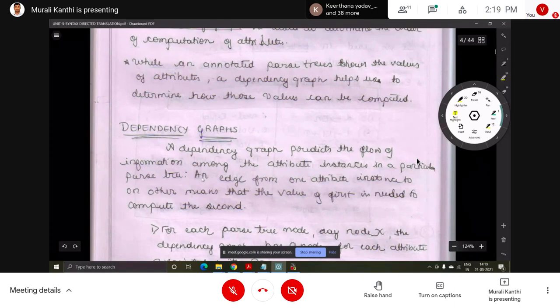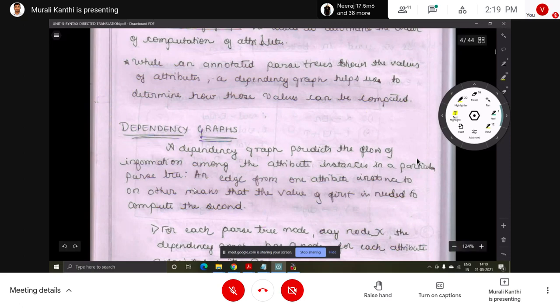Here an edge from one attribute instance to another means that the value of the first is needed to compute the second. So which substring is to be evaluated first can be known by drawing this dependency graph from the parser tree.